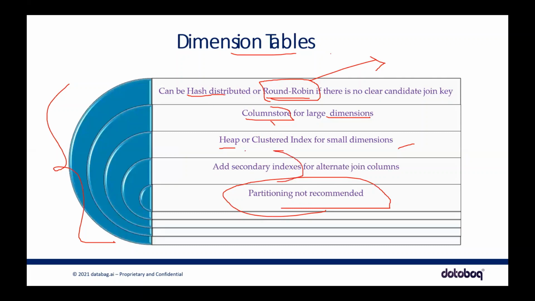You can also have secondary indexes if you want to, if you feel that you have a primary index on a specific column and you want another column where you add a secondary index for joins and all. You can also leverage that for dimensions. But like I said in the previous slides, don't get confused with this when it comes to the exam. Dimensions, replication; facts, hash; staging, round robin, period.